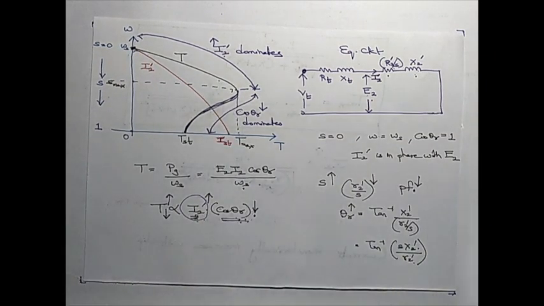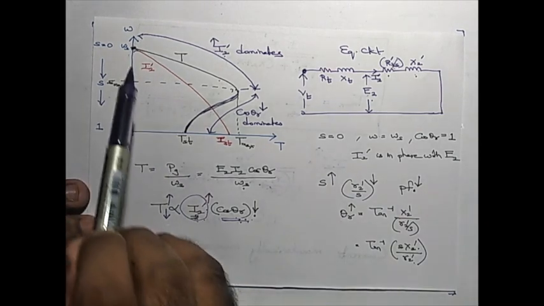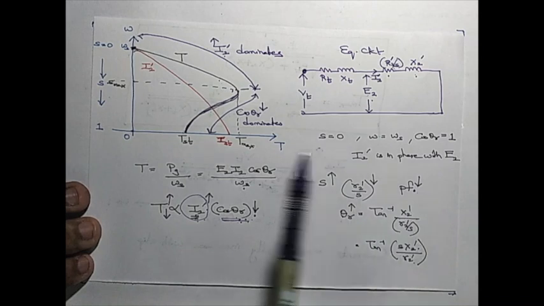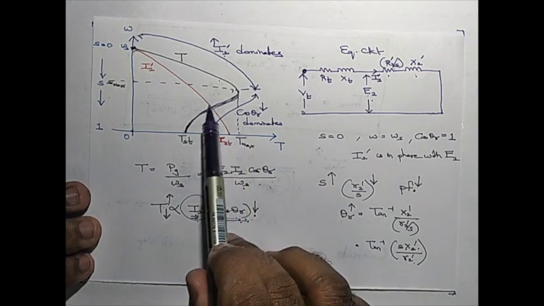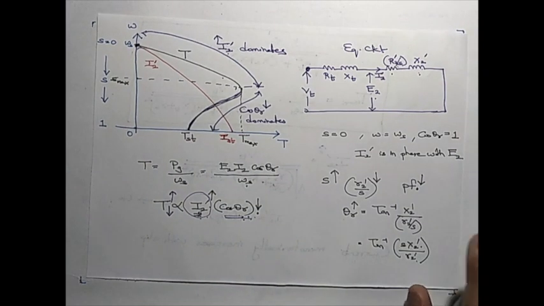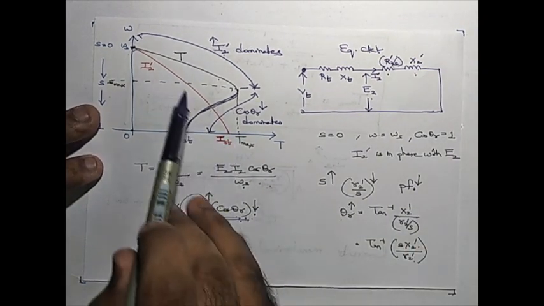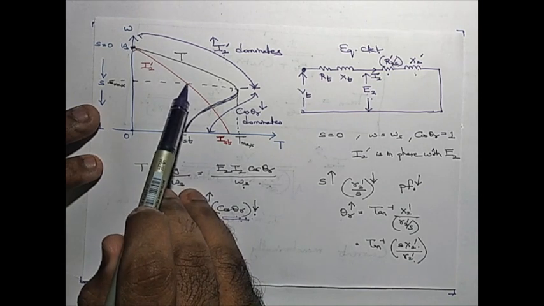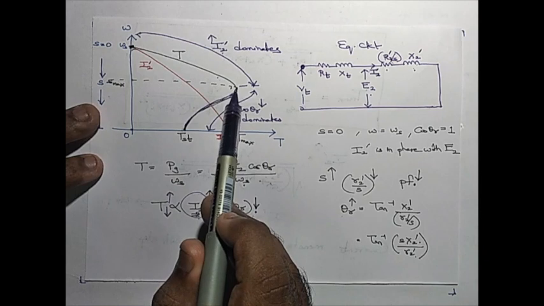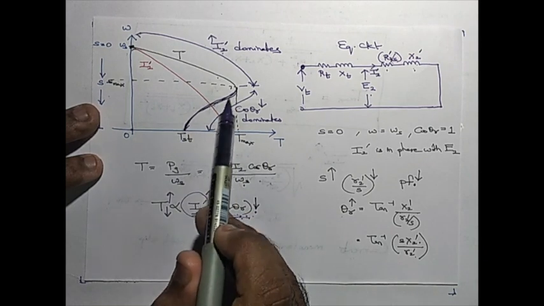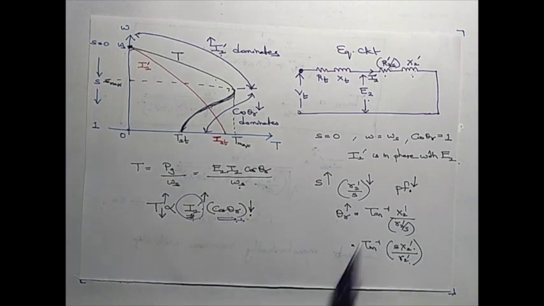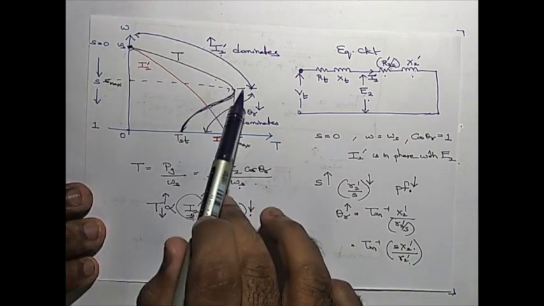This is completely different from that of a DC machine. Only the initial portion is the same. A drooping curve is the same as in a DC machine. But the DC machine does not have this kind of curve. In a DC machine, if the current increases, definitely the torque has to increase. But here, that is not so. Current increases, torque will increase up to S max. Because after S max, current continues to increase, but torque is not increasing, torque is falling. This peculiar nature of the induction machine makes this machine difficult to control. But we have seen why it is shaped like this.